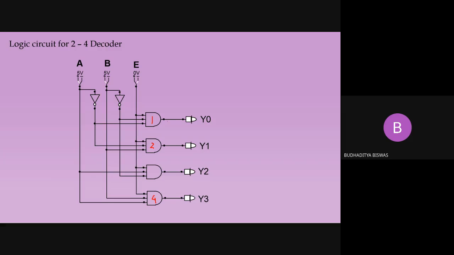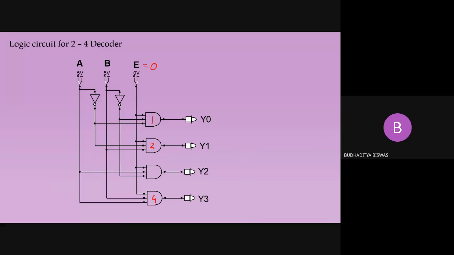Now, this one E is connected directly to every one of the input of the AND gate. And we know the property of the AND gate is that if E equal to 0, then all the gates have one of the input is connected to 0. So that means whatever be the other possible combinations, the output should be 0. So that's why to enable this particular decoder, E should be connected to 1. Okay. So if E is connected to 1, then all the gates look at the A and B input, and according to the A and B input, it will produce the output.